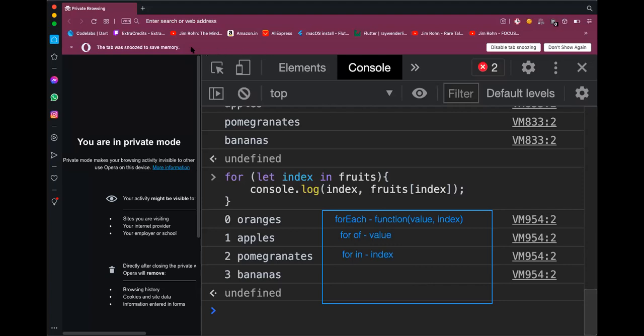Generally speaking, I use this mostly. Like I can directly get the value and do something with the value. But depending on my mood, I also use this sometimes. For in, I generally use for objects. This is an object. In an object, you don't have the values. You just get the key and then you get the value from there. So this I used mostly in the objects.